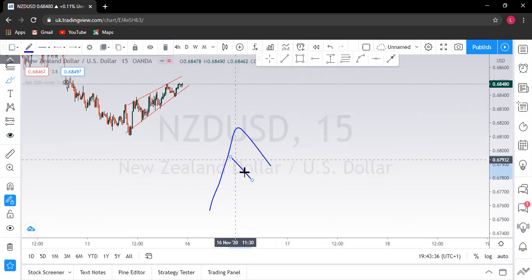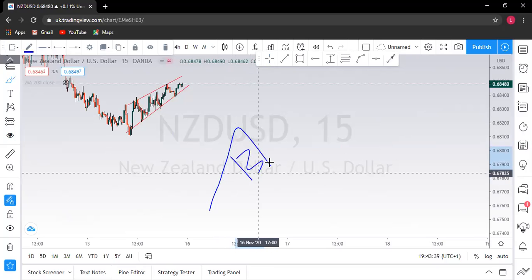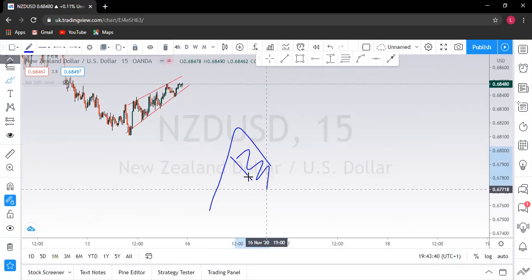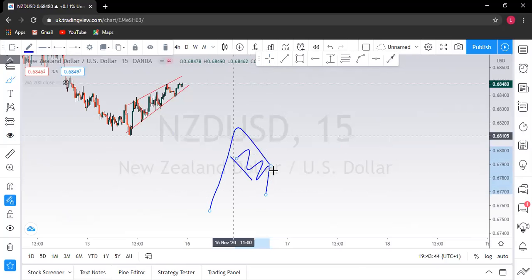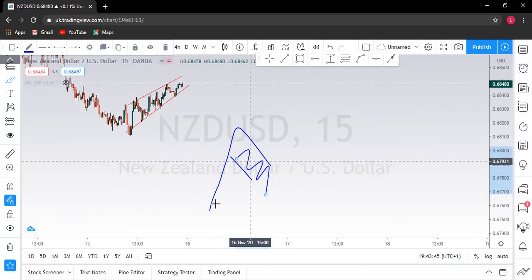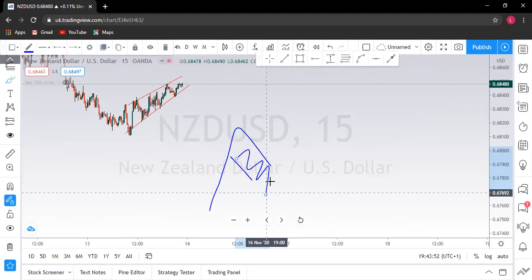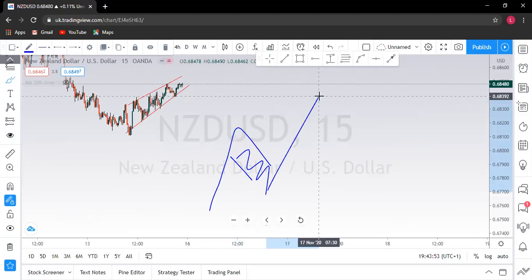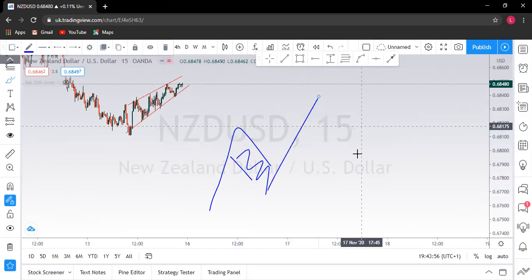You have your trend line. The market does something like this. So this is just a correction of this impulsive move. It is telling you that after this correction, the market is going to continue higher. You understand? Then you can have something like this as well,